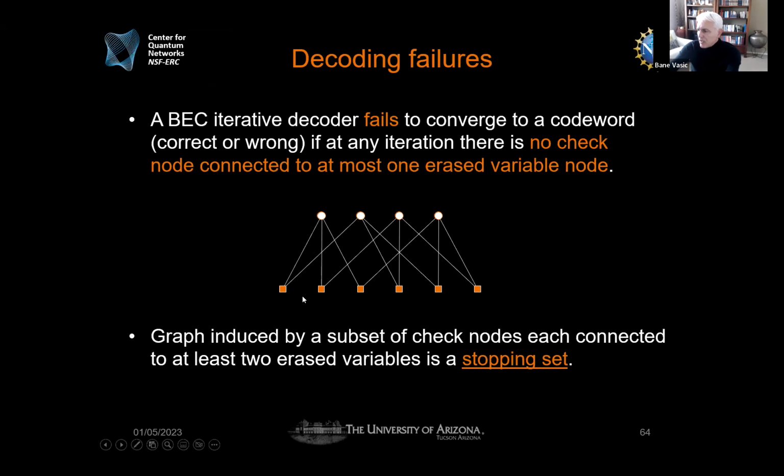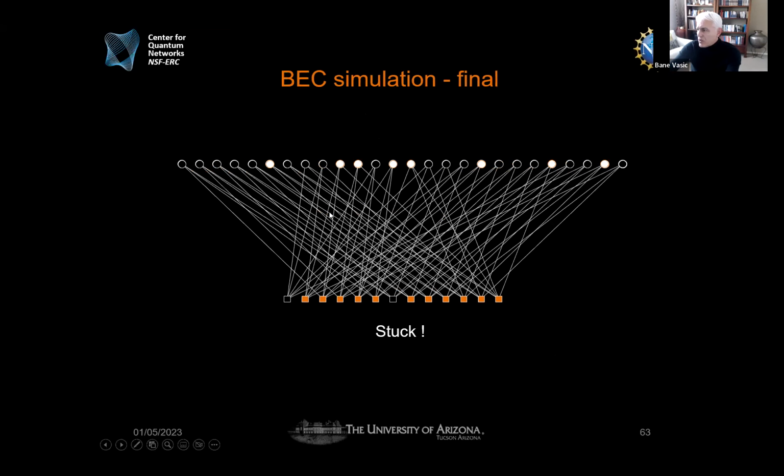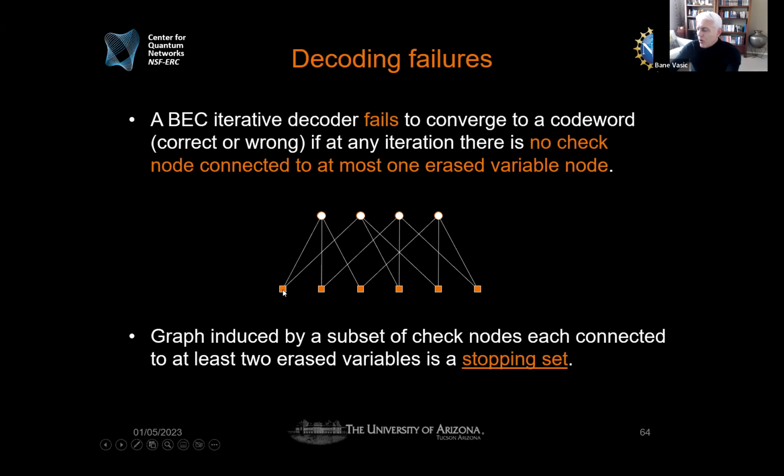And the answer is that these erased bits were connected to checks in such a way that each check involves 2 or more erased bits. So this configuration describes what is called a stopping set, and the presence of these stopping sets obviously is bad for this